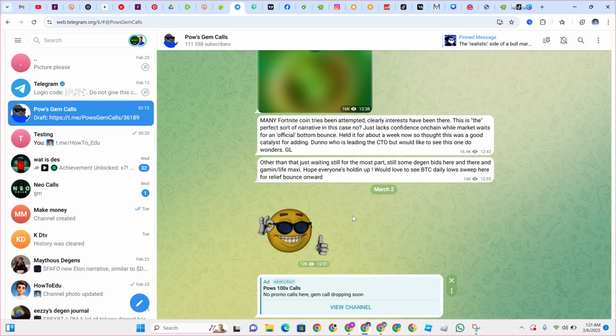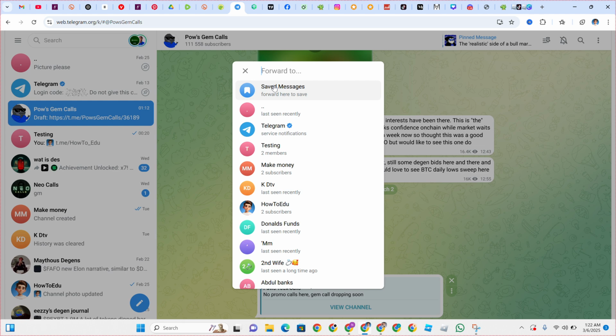If you're on your PC or if you're using your smartphone, this works, right? On both ends, this works. So, right click on the message if you're on your PC. If you're on your Android or your smartphone or your iPhone, select the message. Click on forward. Right here you can see saved messages, right? Forward here to save. So if you want to save a message on your Telegram, you're going to simply forward